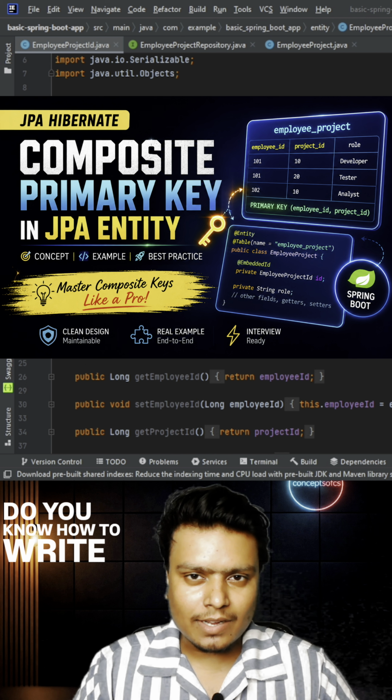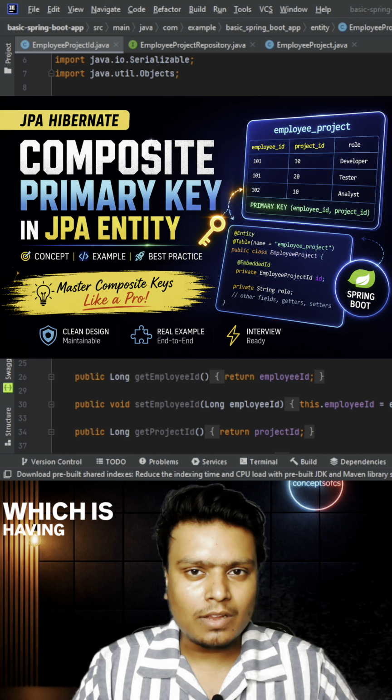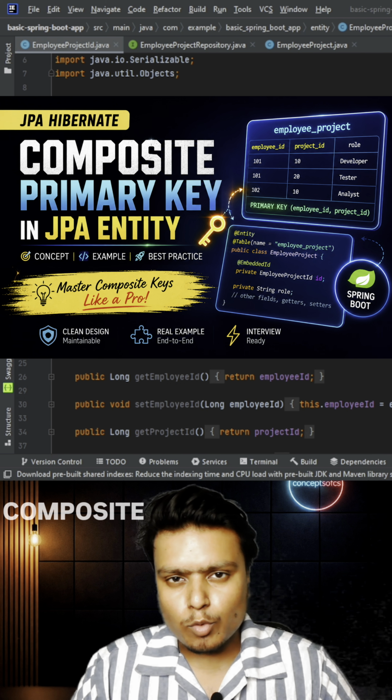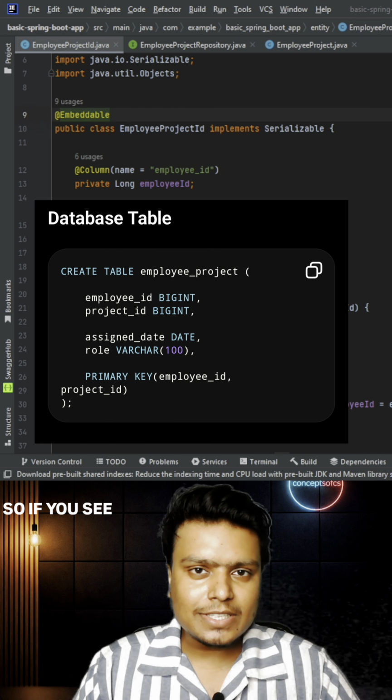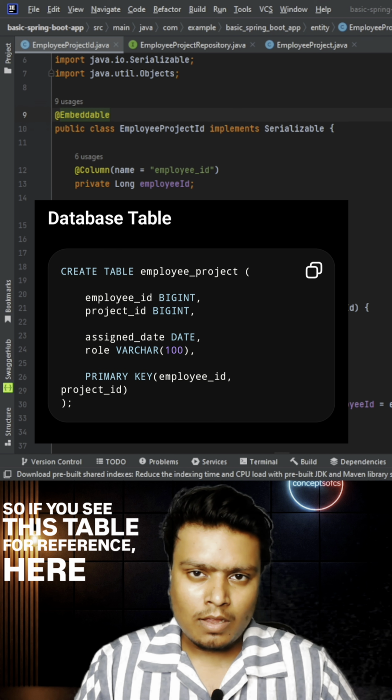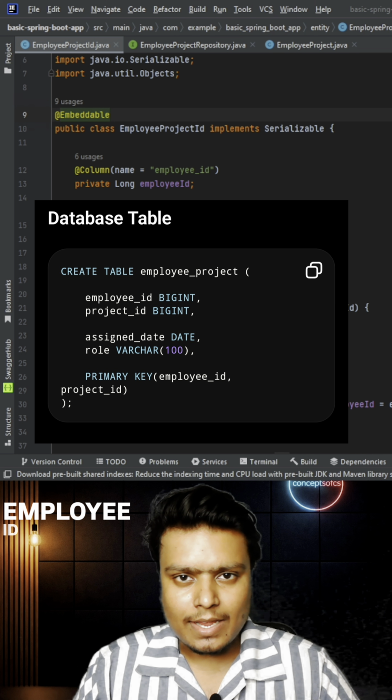Do you know how to write a JPA entity which is having a composite primary key? Composite primary key हम तब बोलते हैं when a primary key is made up of more than one column. So if you see this table for reference, here primary key is the combination of employee ID as well as